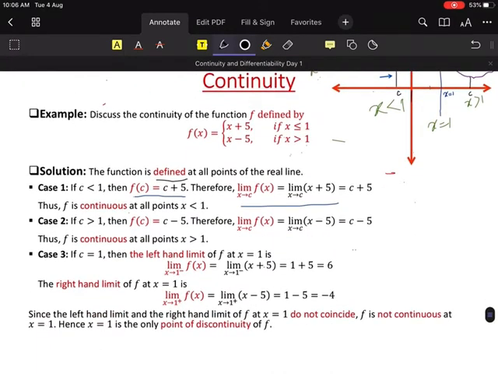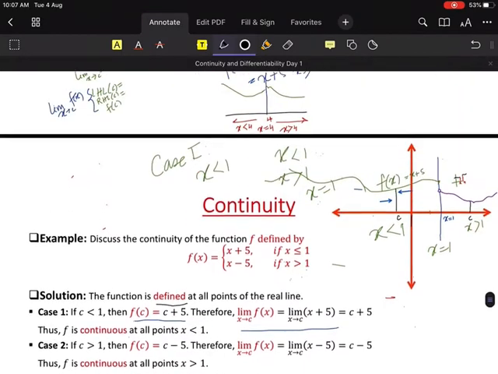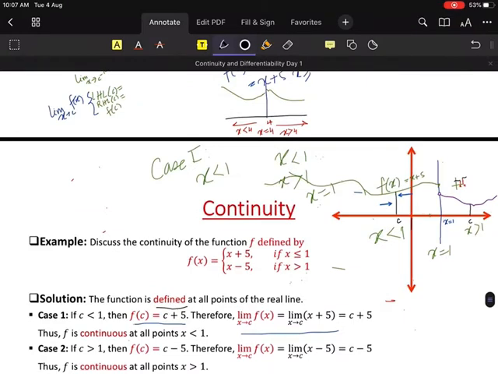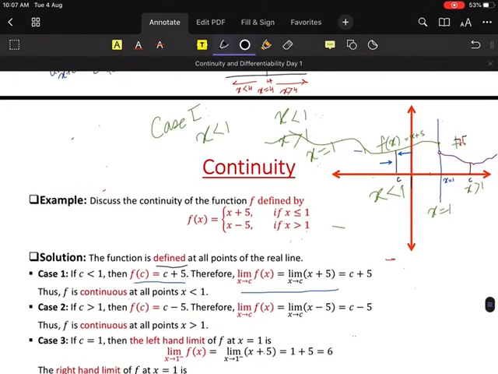Okay, one thing I will tell you. Always remember, whenever you are taking a general point like this, the function will always be continuous. You are looking at the function to be continuous, right? So whenever you are taking a general point like this, the function will always be continuous. Think like that. We have to think like that.